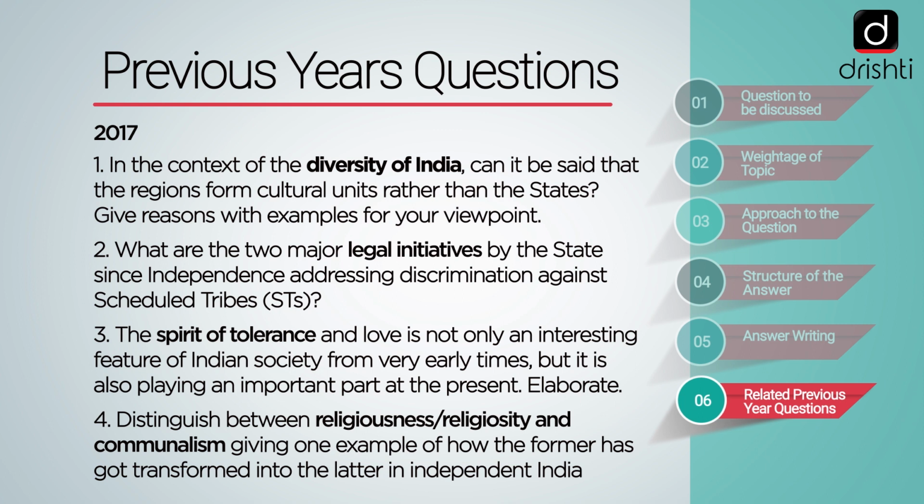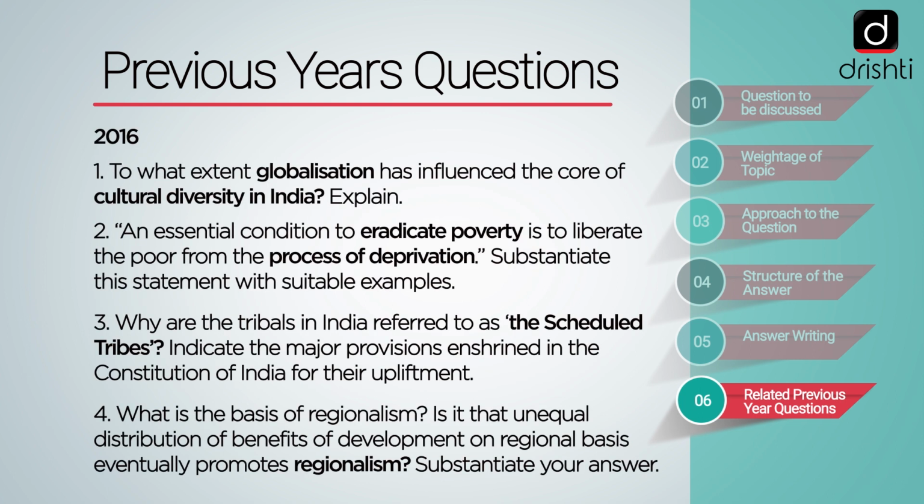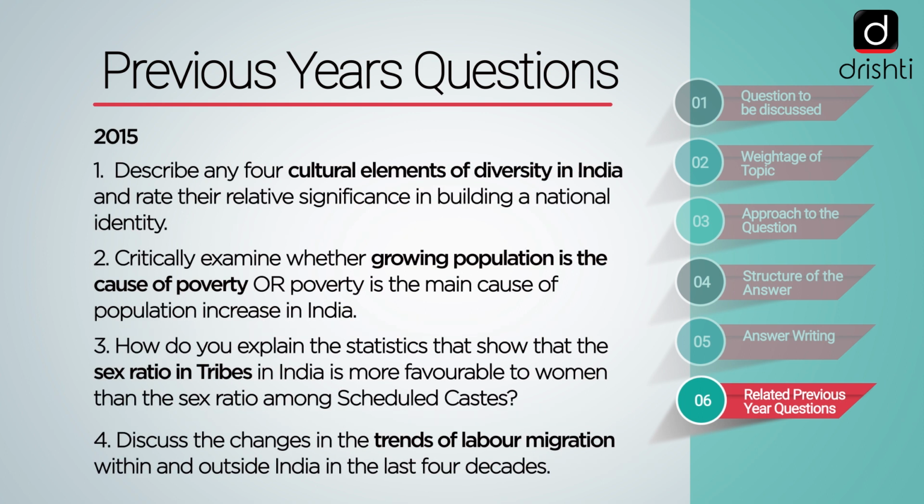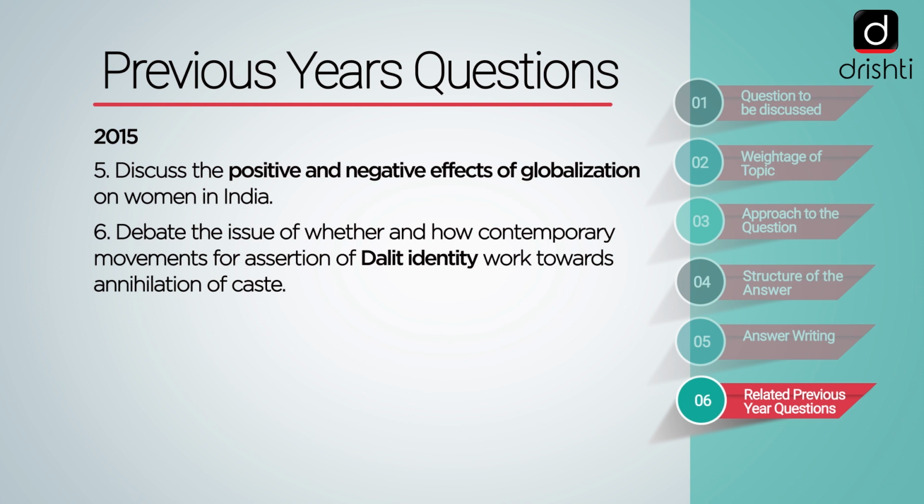and communalism. In 2016, 4 questions were asked from this segment, and these were related to the impact of globalization on cultural diversity in India, eradication of poverty, provisions enshrined in the Constitution for the scheduled tribes, and regionalism. In 2015, the questions were related to the cultural elements of diversity in India, population as a cause for poverty or poverty as a cause for population, and the other questions were related to scheduled castes and scheduled tribes, trends of labor migration, effects of globalization on women in India, and the assertion of Dalit identity towards annihilation of caste